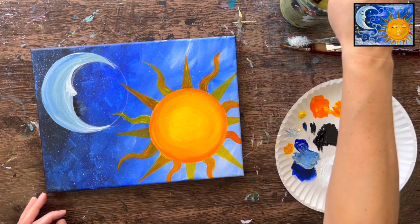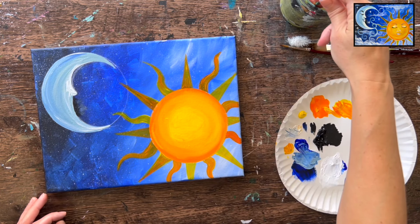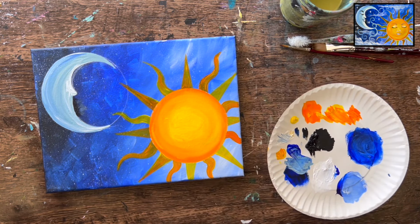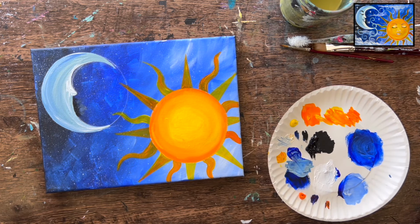And I'm going to do yet another set of rays, but these are going to be thin and they're going to be a different color. So I'm going to make this sort of magenta color. And to do that, I'm going to take blue and orange and mix those two colors together. So I'm going to get more orange on my palette, grab blue and orange. You want a higher proportion of orange, so like 2 orange to 1 blue or 3 orange to 1 blue,